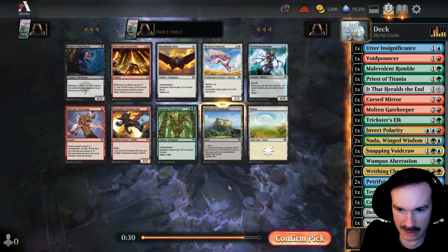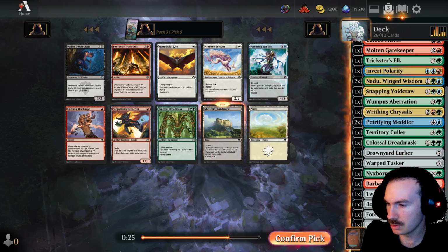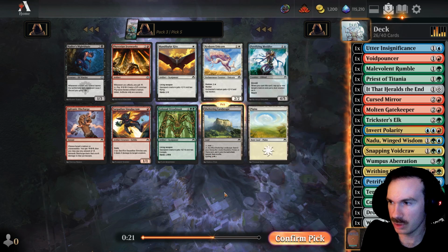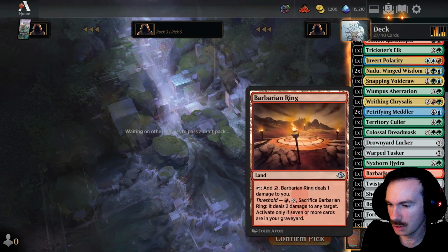All right, now I can take the Sheltering Landscape because I think we're... What are we at? 1, 2, 3, 4, 5. So we're at 21 playables. We'll be able to find playables. This fixes really well for us. I guess we're at